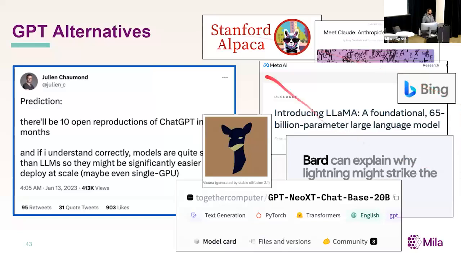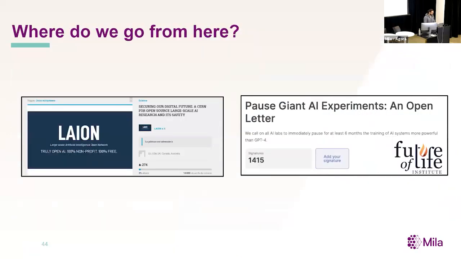Stanford Alpaca, Bing, Facebook getting in on the train with their Llama models, which was actually a pretty big contribution. Claude, another kind of rival, Bard, some truly open source models like the GPT-NeoX-Chat 20 billion models. So anyway, there's all of these different models, and it's only a matter of time till we catch up, right? So that's one thing. There are some alternatives that already exist that you can go clone, get the code, and continue going. But where do we go from here, right?